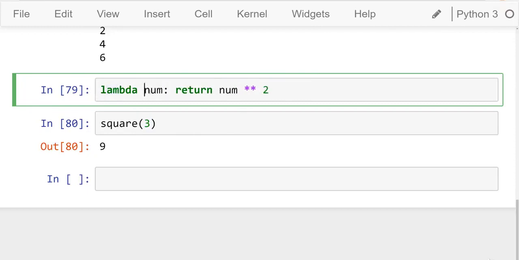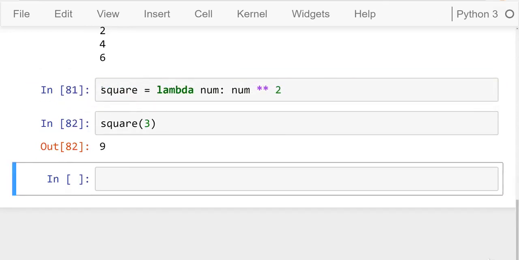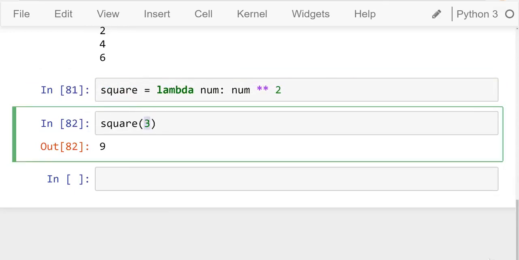And then we say lambda num colon, and the return keyword is basically, we get rid of that because it's assumed that we're going to return whatever's on the other side of this colon. And there we have it. This is now a lambda expression. And I could, if I wanted to, assign it to square,